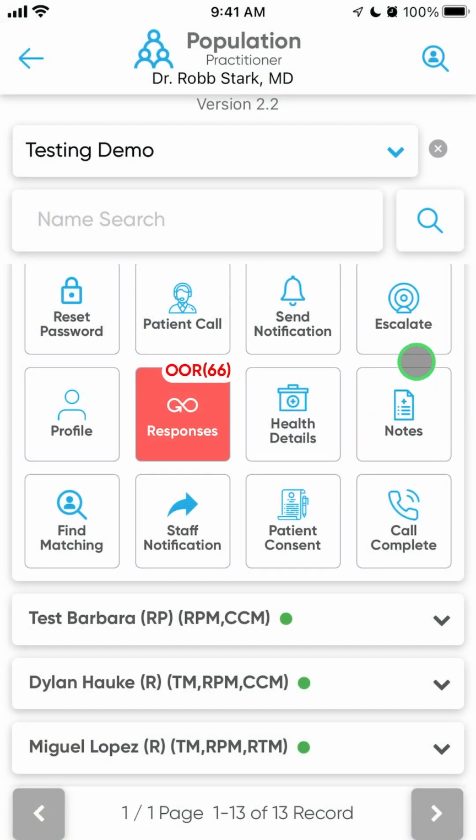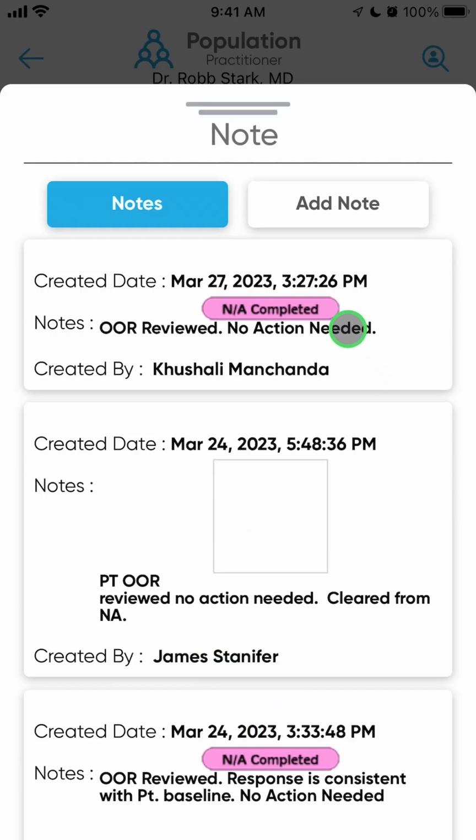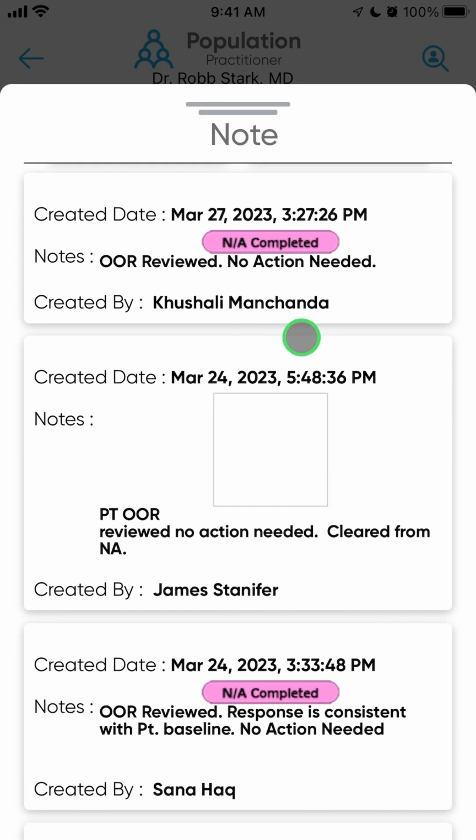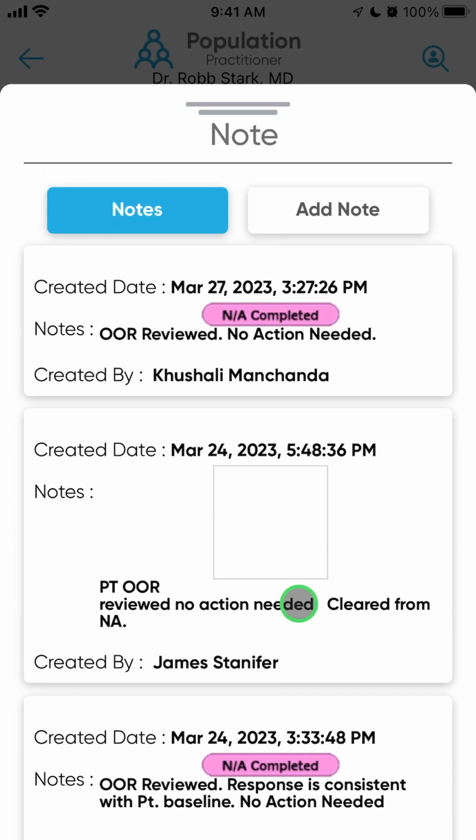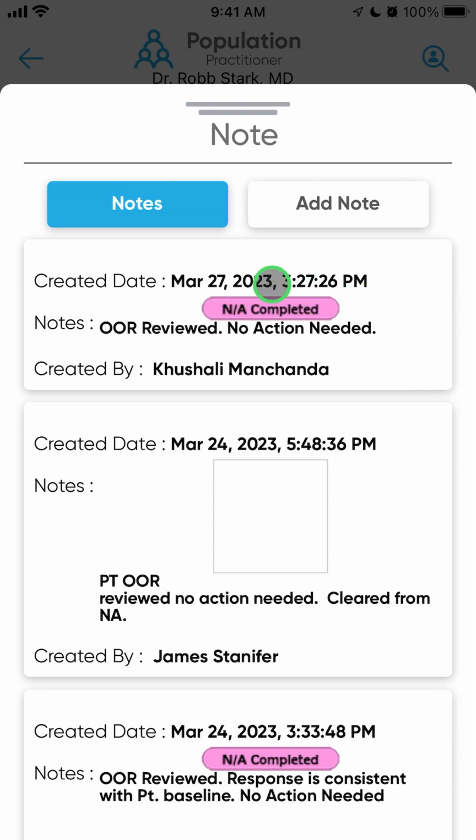Our next topic we have is notes. So clicking on notes will show us all the notes that a care manager or a practitioner has added for this patient. As you can see, we have the created date, then we have the actual note, and then we have created by. If we'd like to add an additional note to the patient profile, we can simply click Add